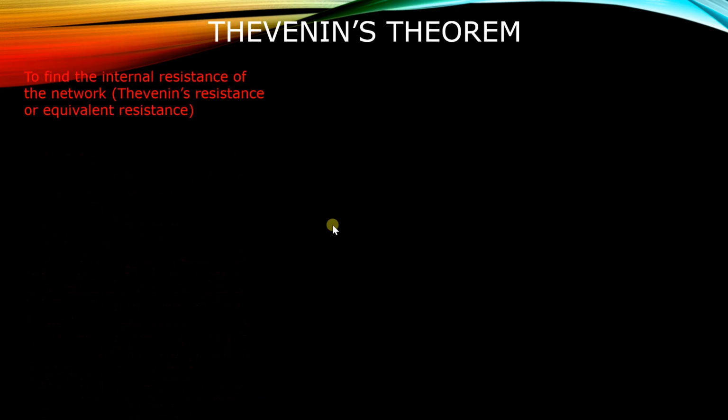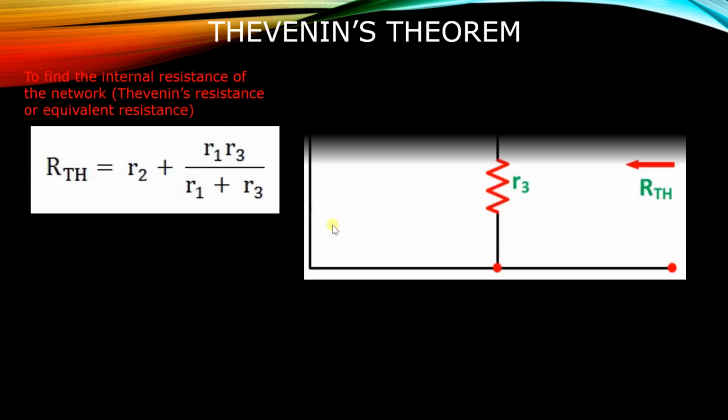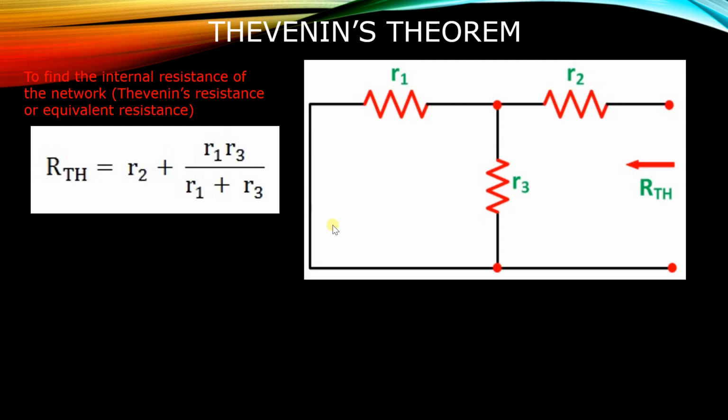Then to find the internal resistance of the network, the Thevenin's resistance, we replace the voltage sources with a short circuit. If we have an internal resistance, then we put the internal resistance here. Looking into the circuit from terminals A and B, R2 is in series with the parallel combination of R1 and R3. So RTH equals R2 plus R1 times R3 divided by R1 plus R3. So this is our formula for the Thevenin